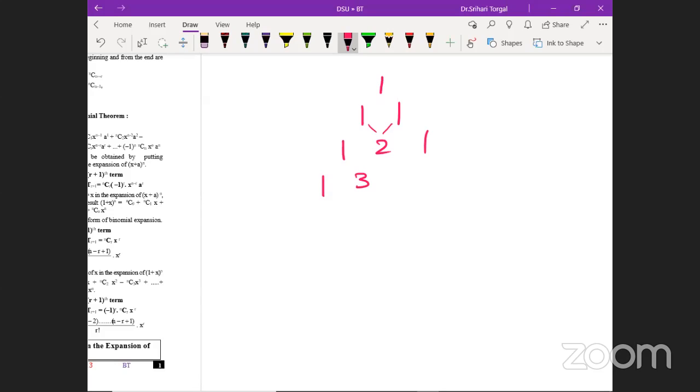2 plus 1 is 3, 3, 1. 1, 4, 6, 4, 1. This is called Pascal's triangle. See here: 1, 1, 1, 1, 2, 1, 1, 3, 3, 1, 1, 4, 6, 4, 1, 1, 5, 10,